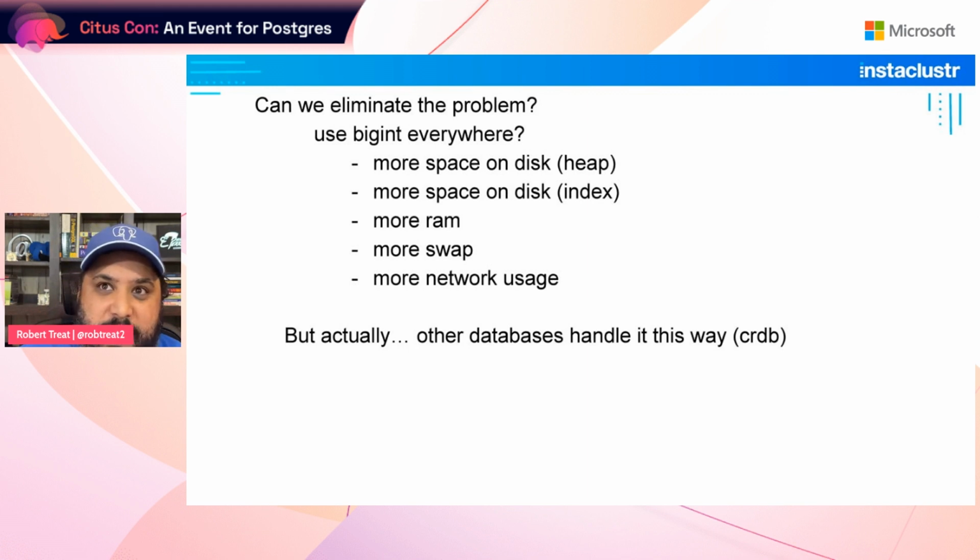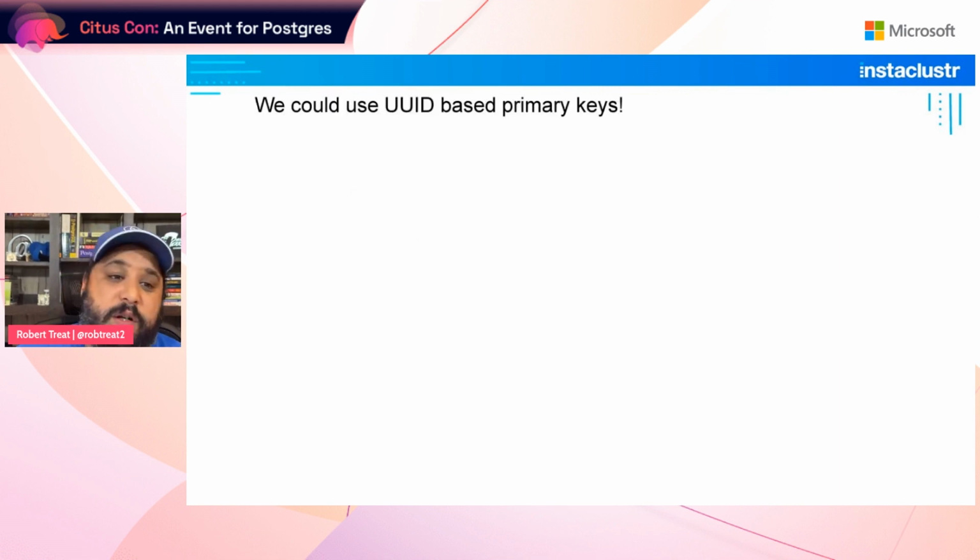And I think that's a valid take to have, although I will mention there are other databases, Cockroach as one example, where whether you specify an integer or a big int data type, it actually maps to an 8-byte number under the hood. So either way, you wouldn't run into this problem on a Cockroach system. So be aware that is how other databases handle it. That's an option. Of course, somebody in the crowd wants to say, hey, we could just use UUID-based primary keys and this will all go away.